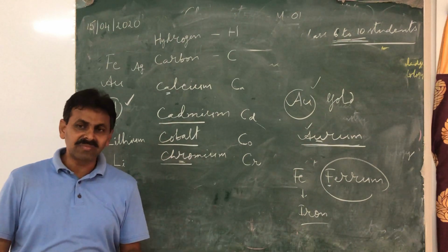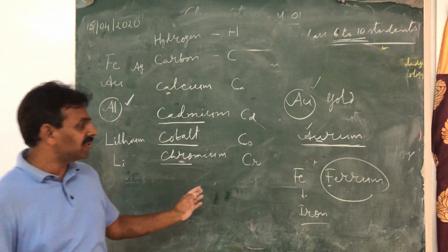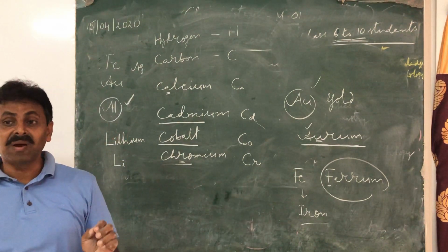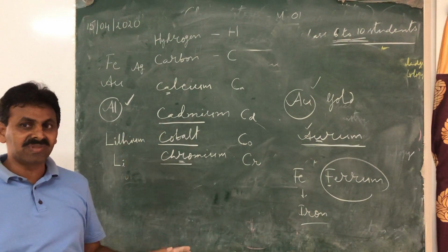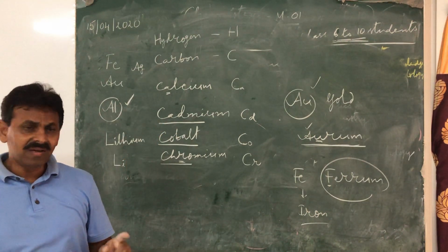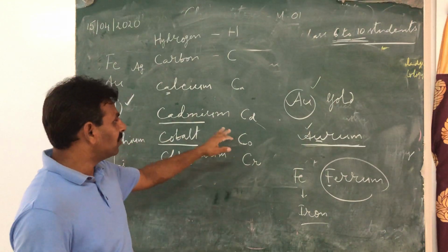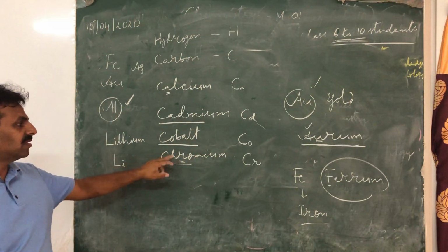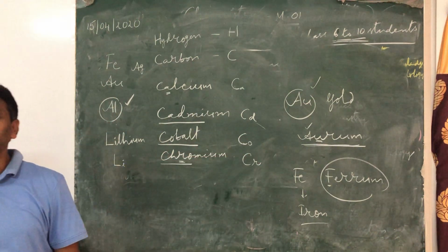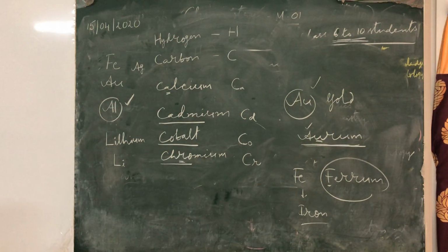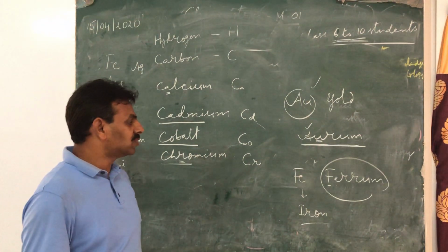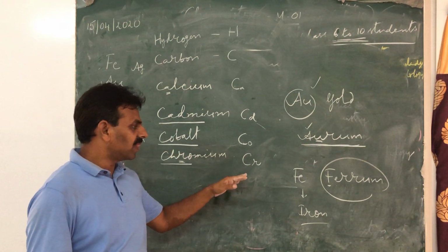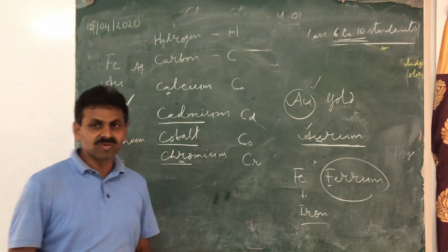You keep on going through the material. I have given all 118 elements, symbols, the names, and I also gave the atomic number of the element in the first column. There are 3 columns in that list. First column is atomic number, second column is the symbol, and third column I gave the name. So 118 elements are there in your material. Please go through that. Now I am coming back to the last term which we have used, atom.